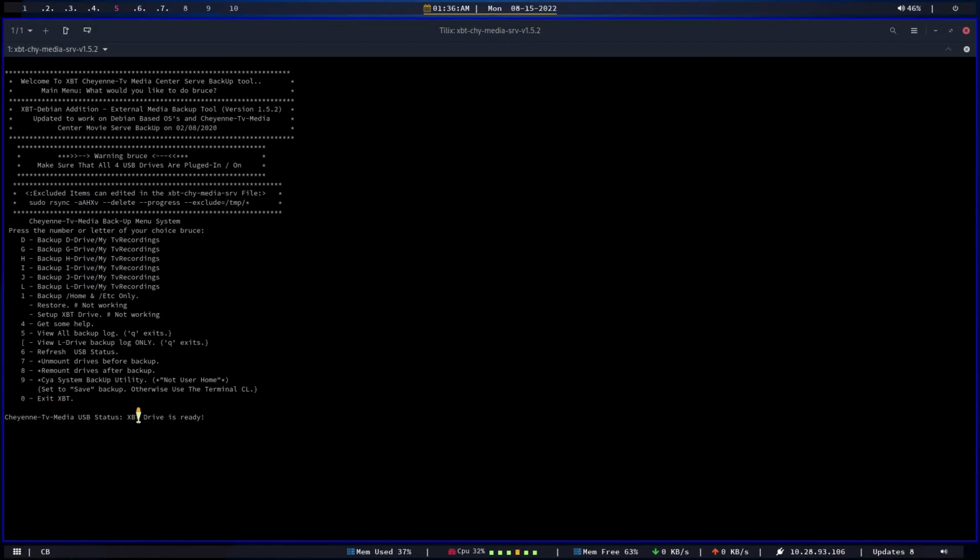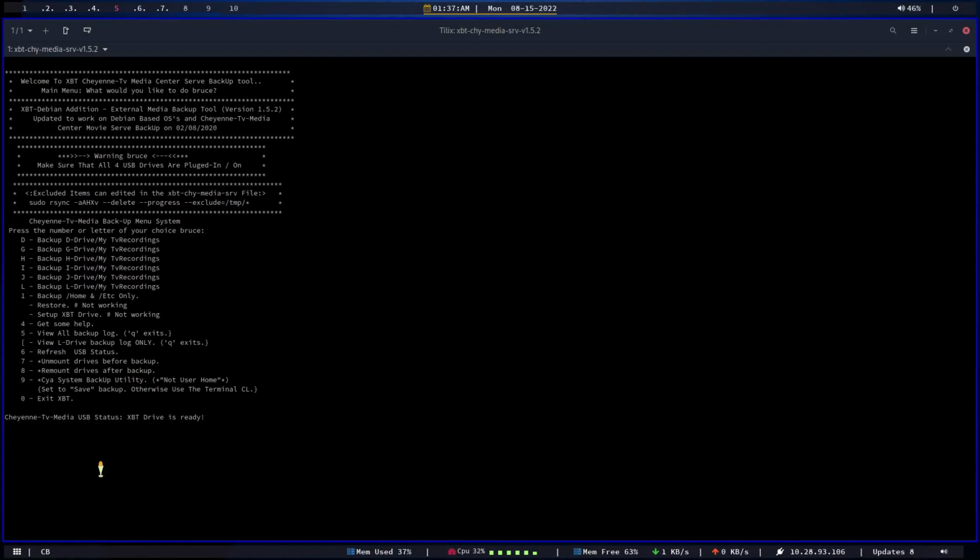Then we have exit. As you can see, it says Cheyenne Media's USB status XBT drive is ready. That's because every one of those drives has an XBT partition, and this program sees any of those drives. It says it's okay to use it,